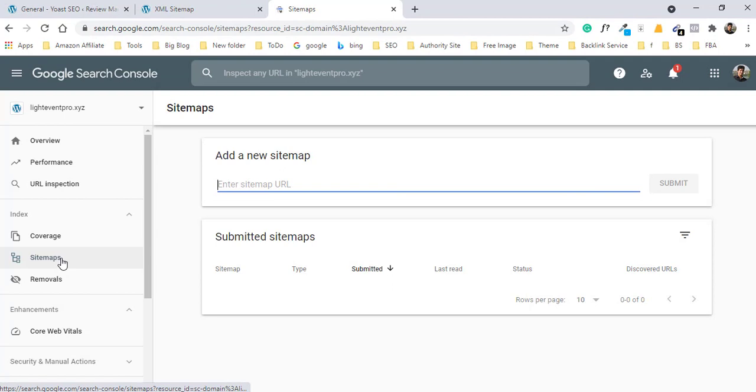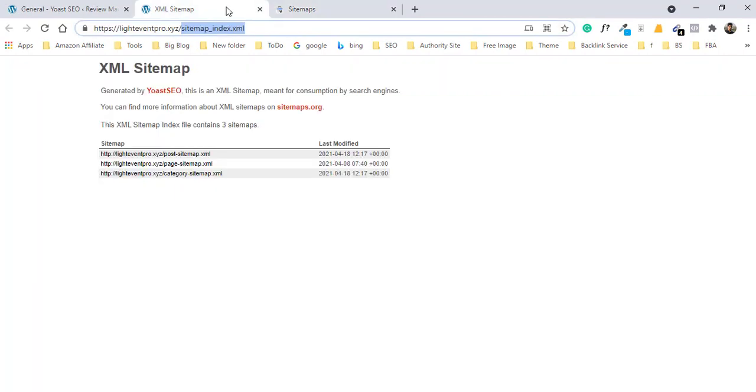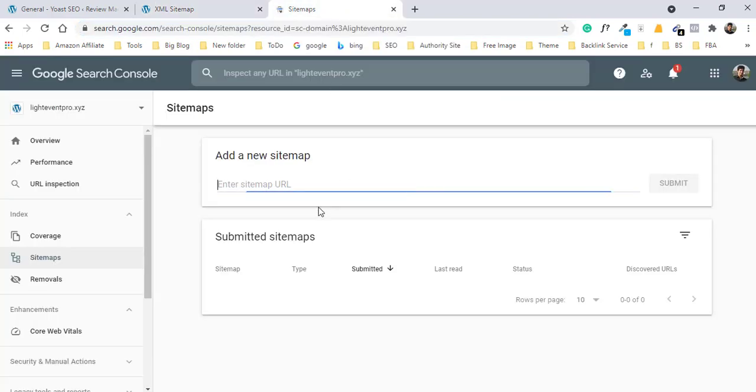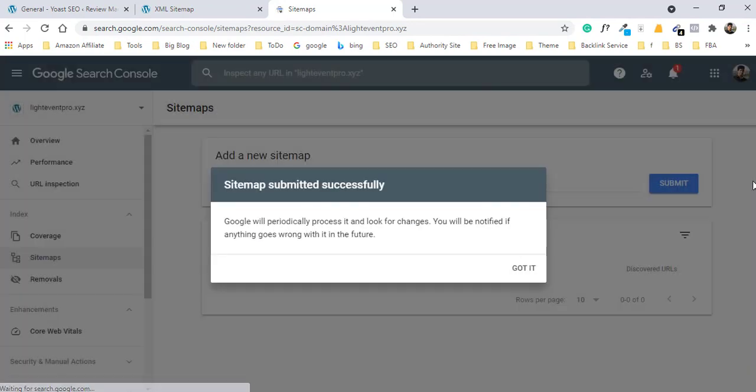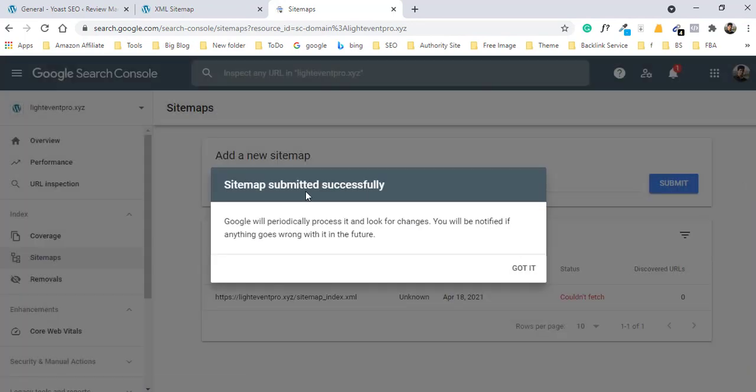I need to add the sitemap, so I copy the whole link and paste it. Okay, now I just click on submit. Yes, sitemap submitted successfully. Now Google can crawl my website perfectly.